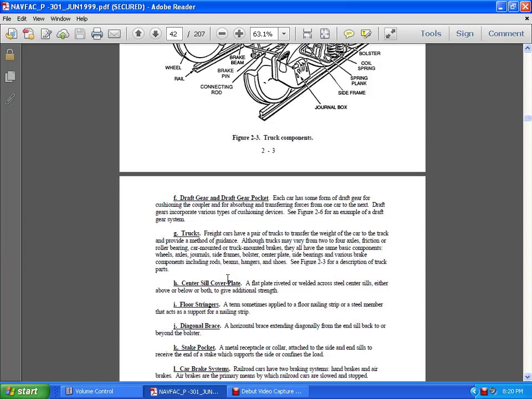Example for the draft gear system: trucks. A pair of trucks transfers the weight of the car and provides the method of guidance. Although the truck may have four axles, friction and roller bearings, and brakes mounted on the truck,